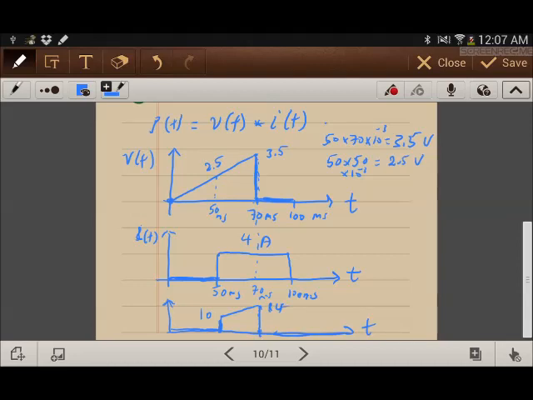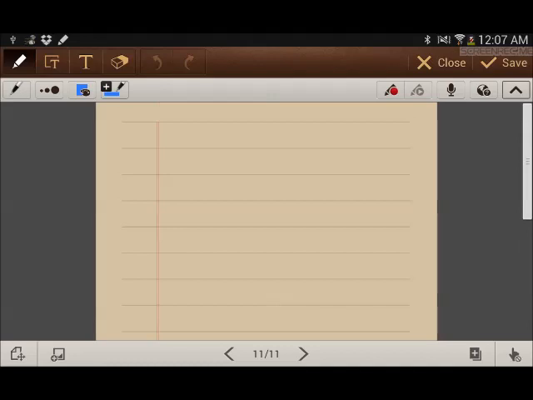So here it's 14 watts and here is 10 watts, and then from 70 to 100, since the voltage is 0, the power will be 0. So the power will be 0 when time is greater than 0 and less than 50 milliseconds, and then when time is greater than 50 milliseconds and less than 70,